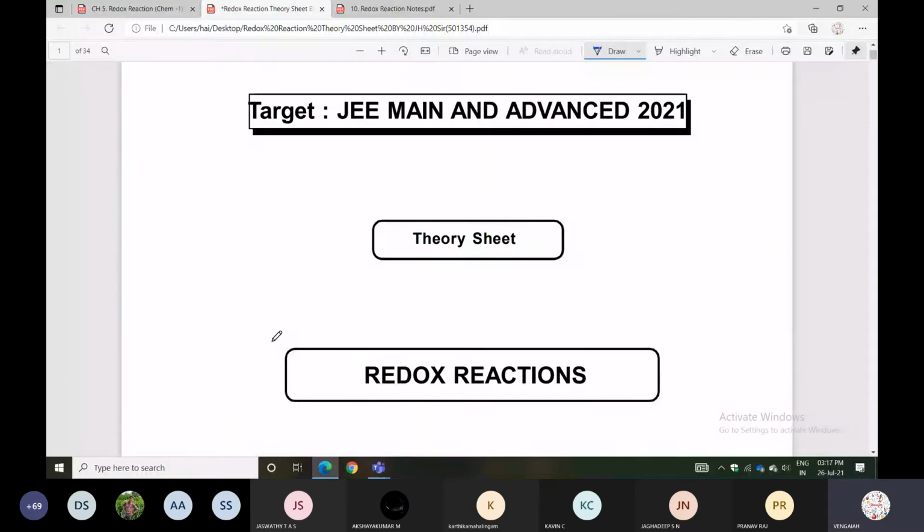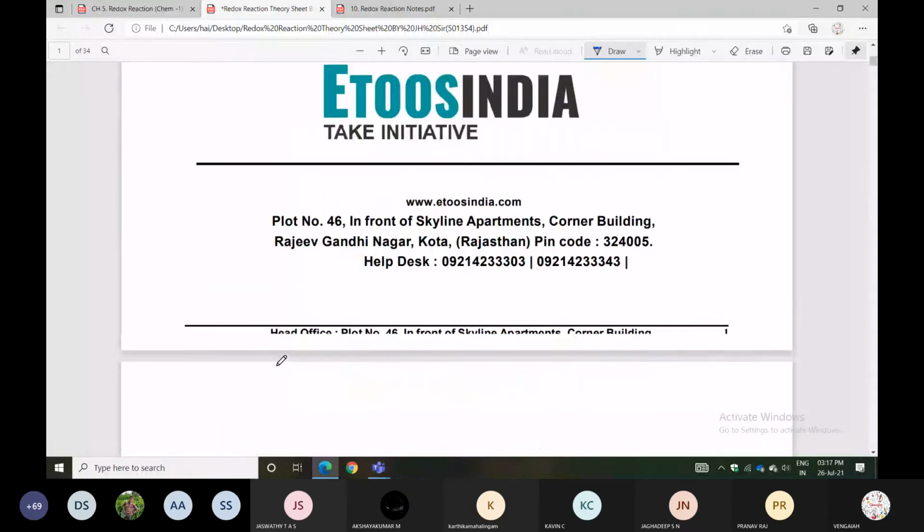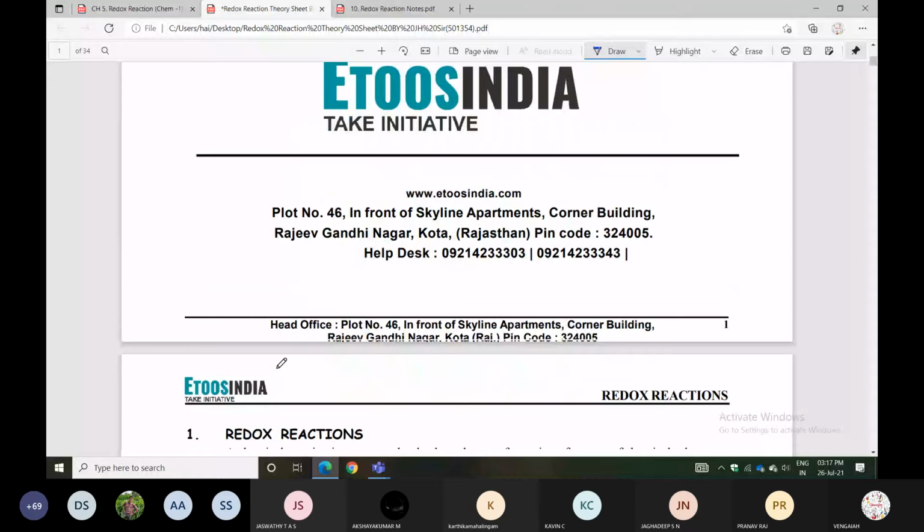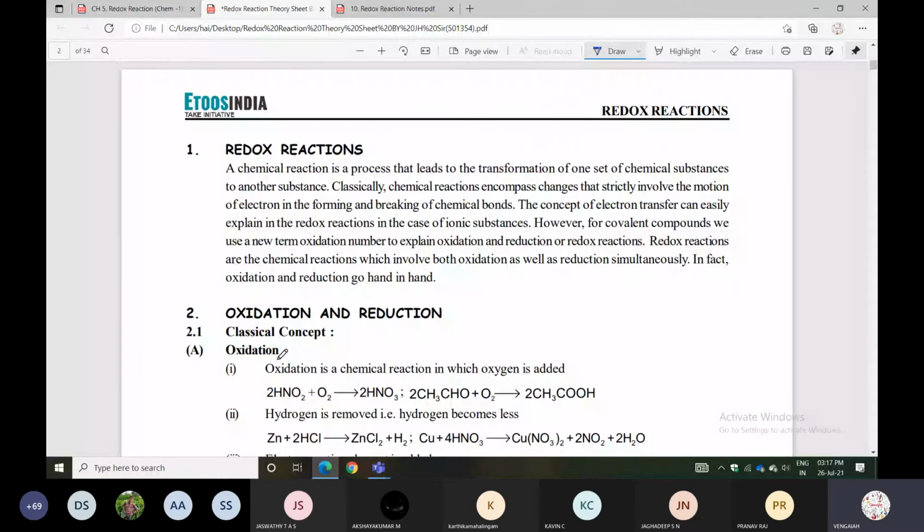Listen once again, from the first onwards, I will repeat. A chemical reaction is a process that leads to the transformation of one set of chemical substances to another substance. So classically, chemical reactions...